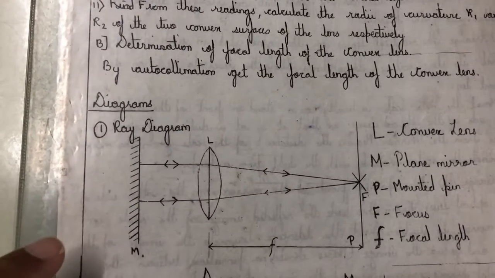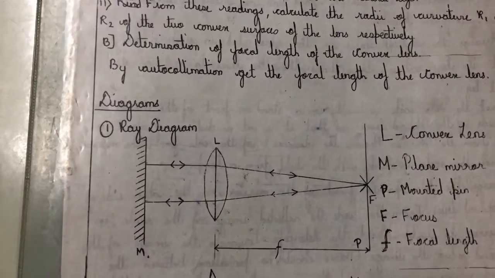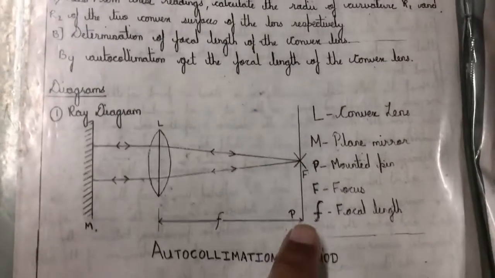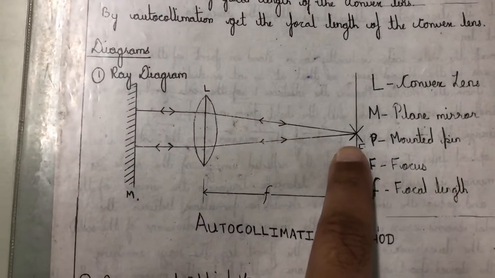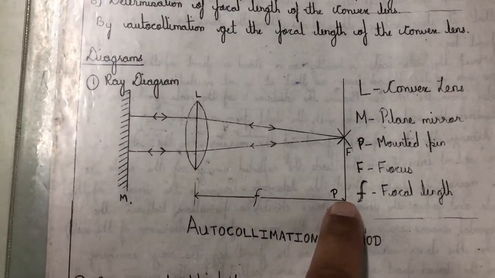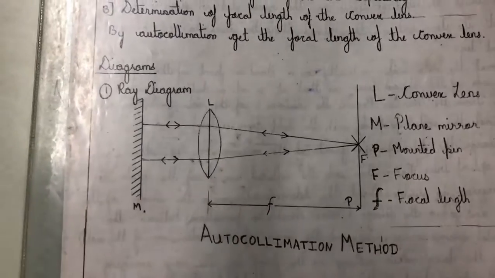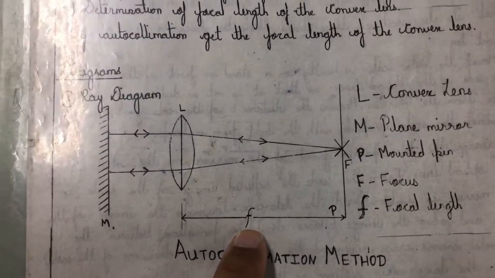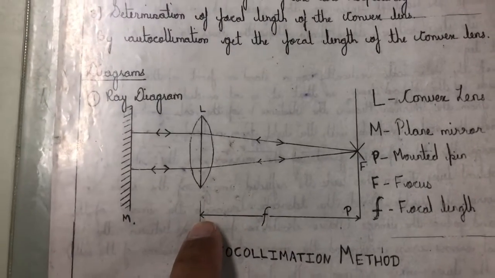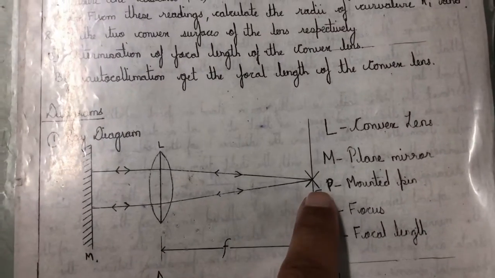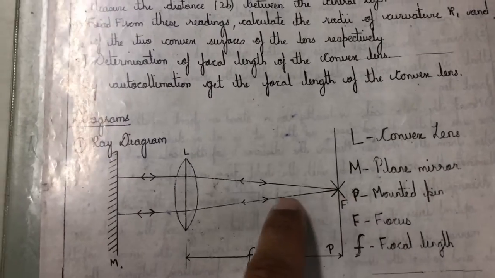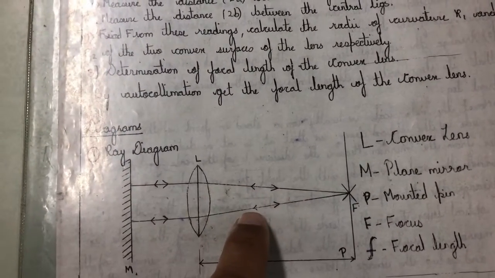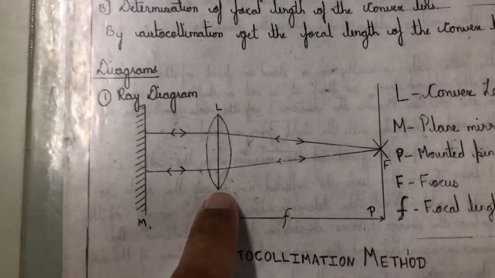I will be explaining to you what the actual arrangement is. So let us follow the ray diagram. Here we have one index pin, right? Let us suppose we are keeping this index pin at distance f from the convex lens. The rays from this index pin will progress towards the convex lens. These are the arrows for the rays which are progressing towards the convex lens.